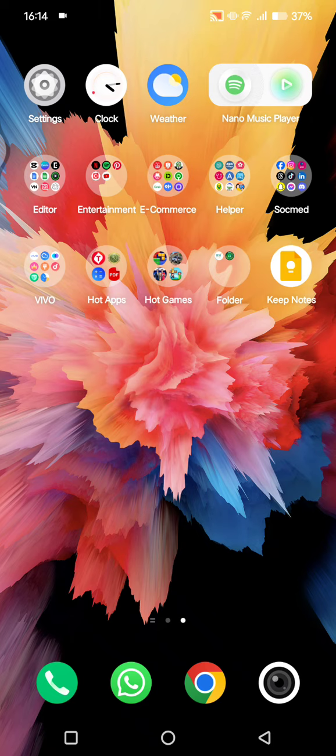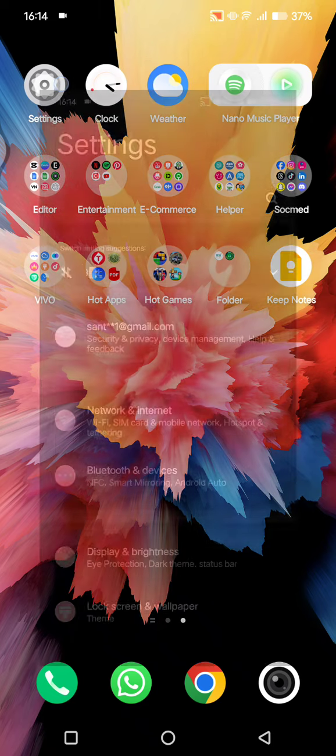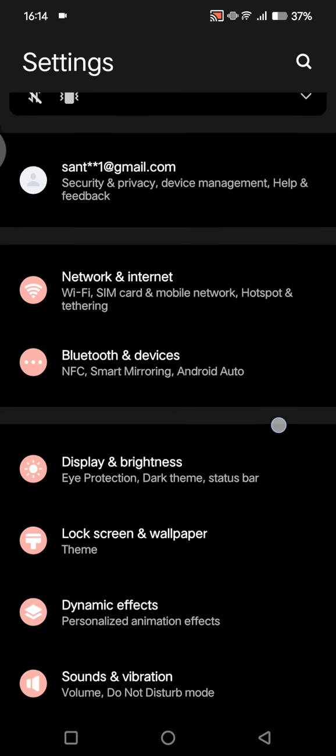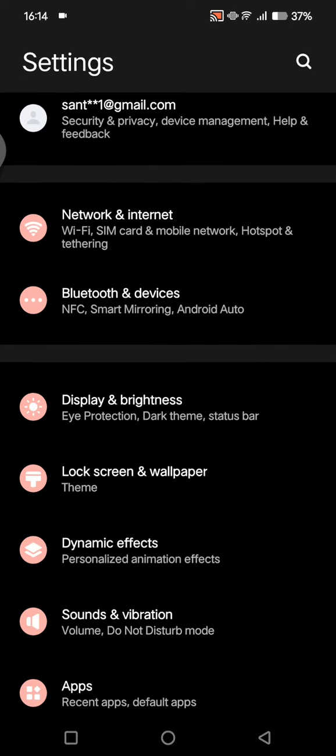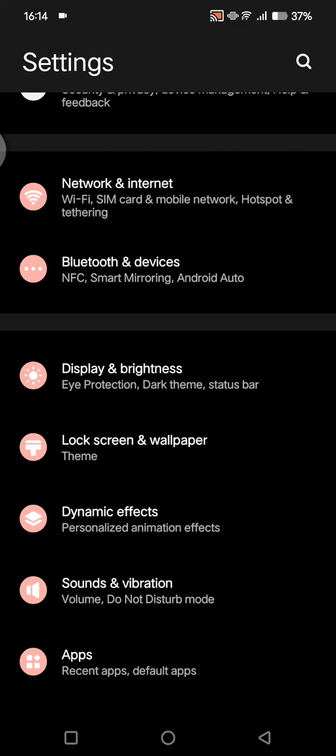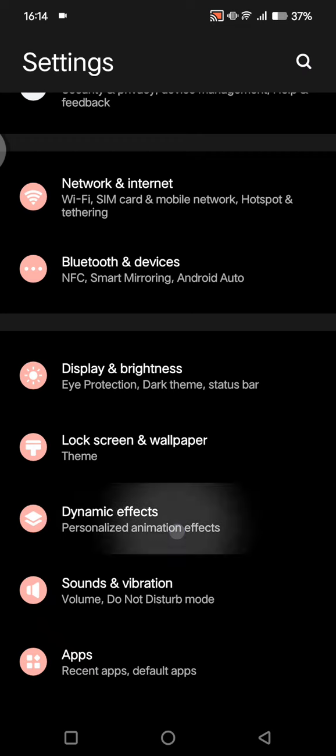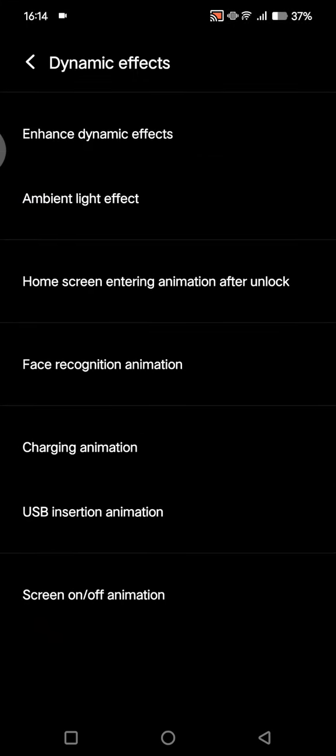First, you can go to the settings on your Android phone and then just scroll down and find the dynamic effects settings. You can personalize animation effects on your phone by going to the settings, and you'll find this option, home screen entering animations after unlock. So when you unlock your phone, there will be animations, and if you want to set it, you can just